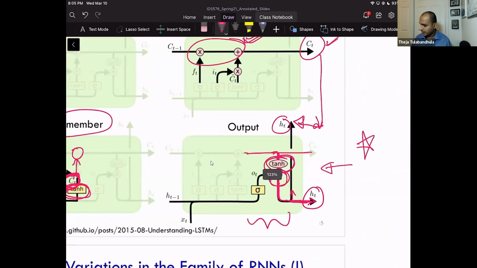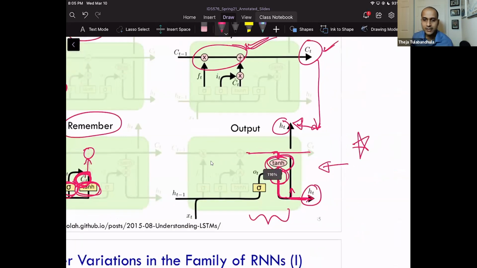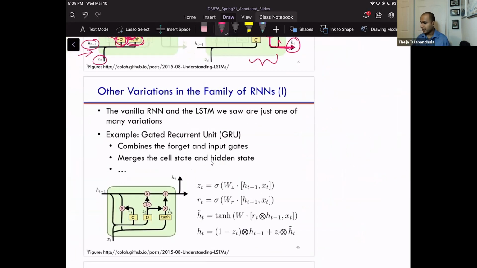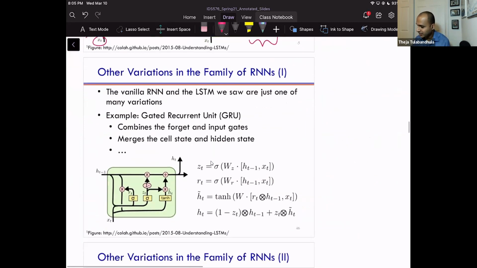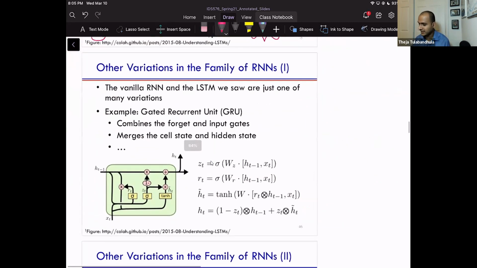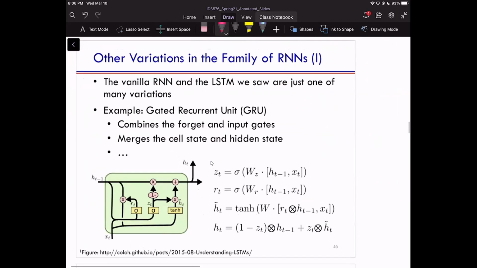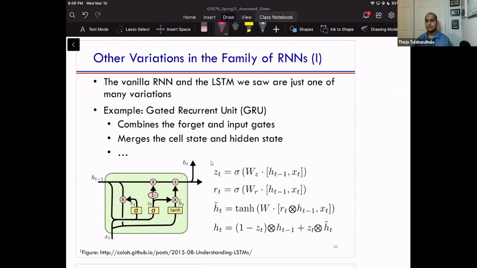Okay. So there are other variations. I'll try to be a little bit judicious here, because I also want to discuss a little bit on assignment 3's question 2, which has an encoder decoder architecture. So that's what I'm going to talk about next. But before that, I just want to quickly comment that